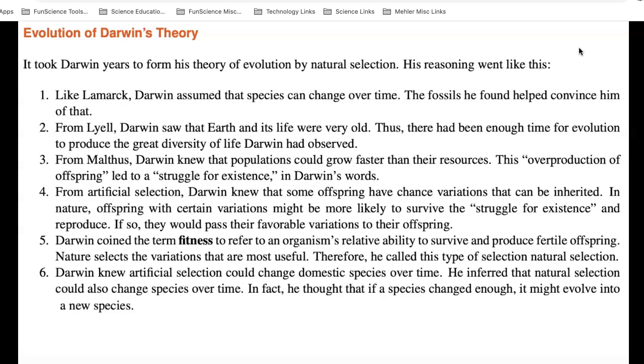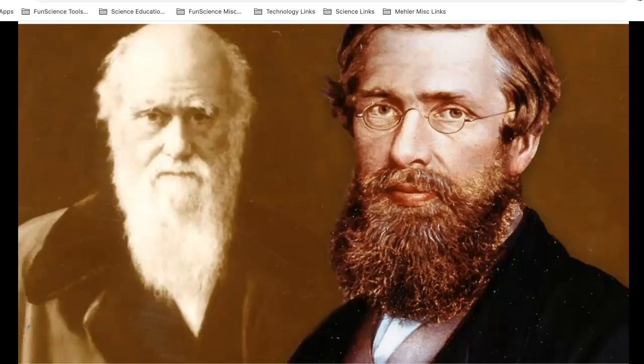Darwin coined the term fitness to refer to an organism's relative ability to survive and produce fertile offspring. He knew that artificial selection could change domestic species over time, so he thought, I wonder if natural selection could also change species. Before we get to the Section 10.1 lesson summary, I'd like to tell you a story about